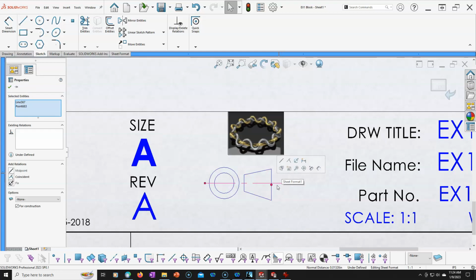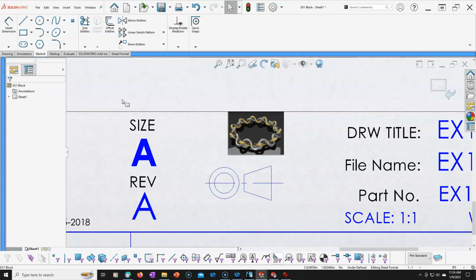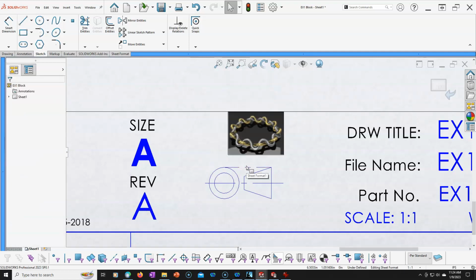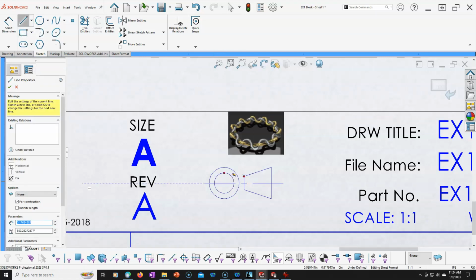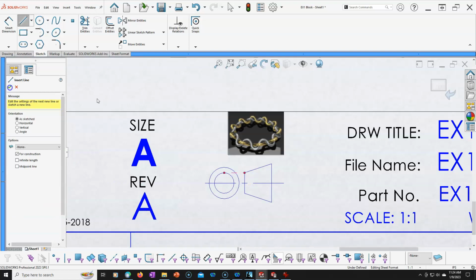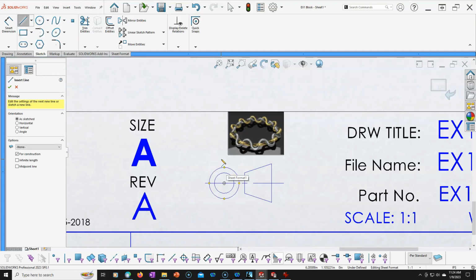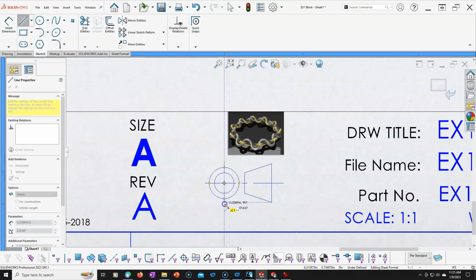Maybe, oh, coincident, not midpoint. And if it was to make a center line and go horizontal, then that would clean that up a little bit. And I don't really need that one. And then let's go with the center line from the quadrant to the point and make that horizontal. Alright, so this is not going to be the perfect first angle projection symbol, but it'll be pretty close. Alright, so when I find those notes again,